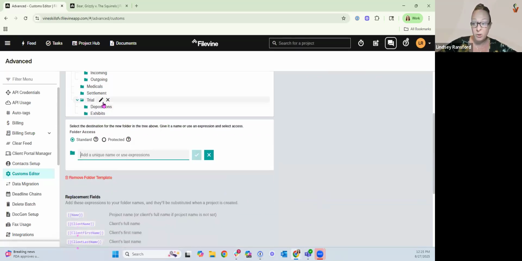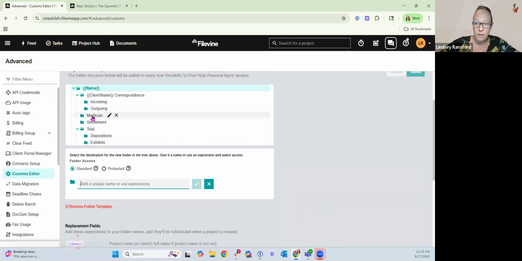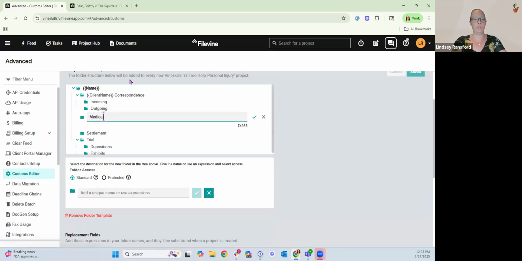You can make changes to these folders or changes to the names of the folders from here as well. Again, that's not retroactive, but if you wanted this to say medical records instead of medicals, you can highlight this folder, click on the edit pencil, and just change the name